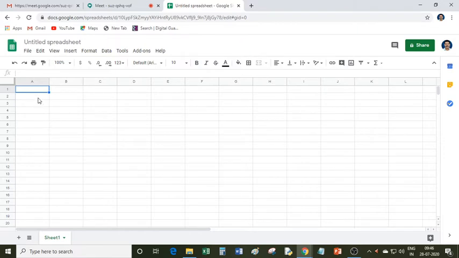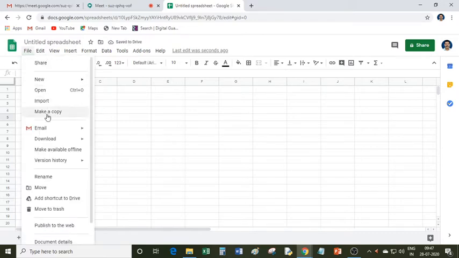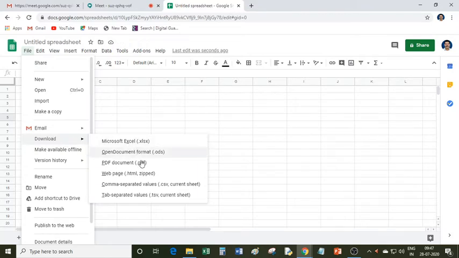And from here also you can create comma separated value files. So you can see the option in download, and in download you can see comma separated values .csv current sheet. So with the help of this option also you can create and save CSV file in your computer.